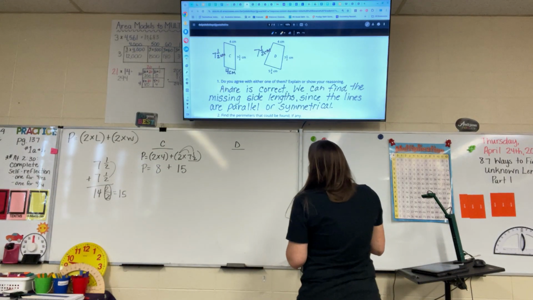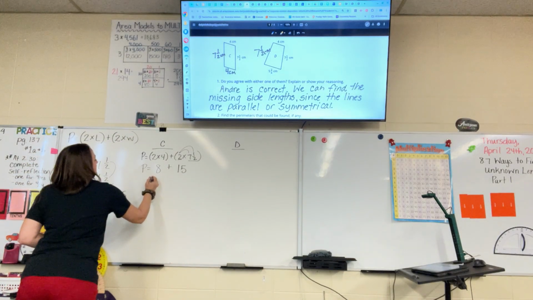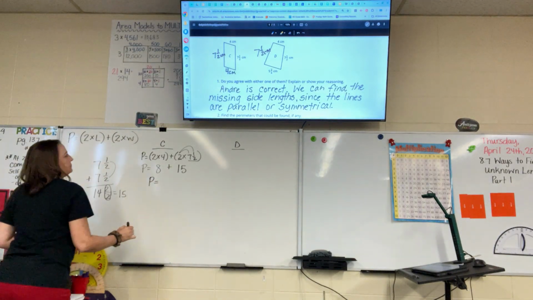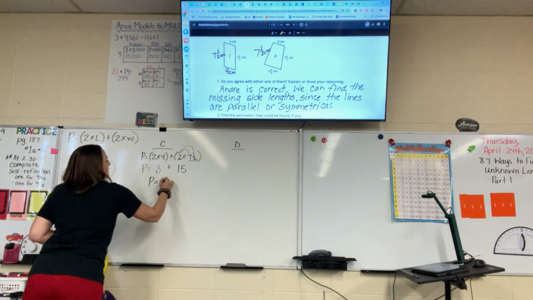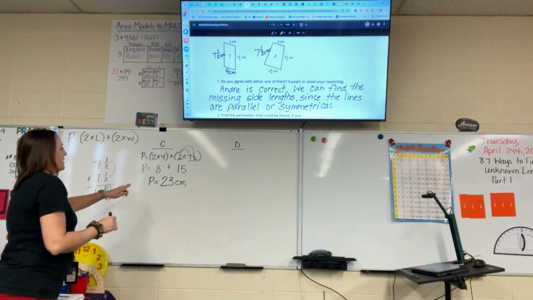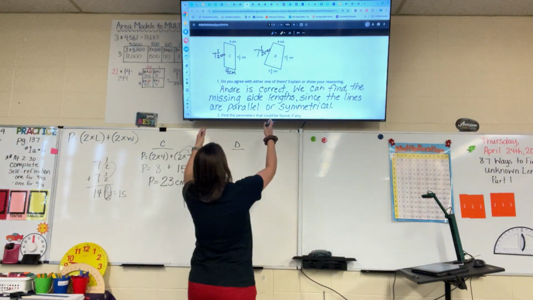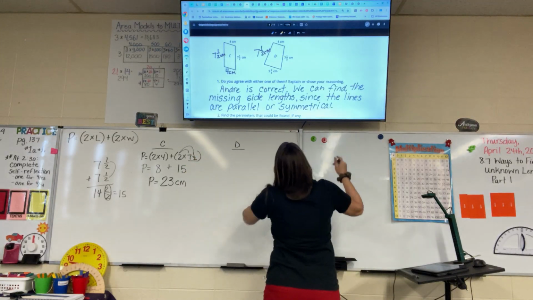All right. So 8 plus 15 equals 23 what? Centimeters. So this is one of the things you're going to write down on number 2, right here. And then for D,